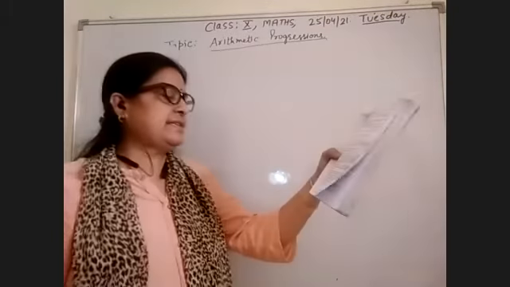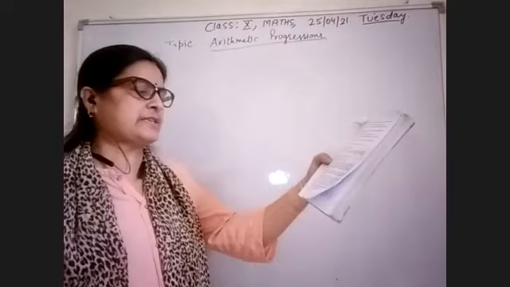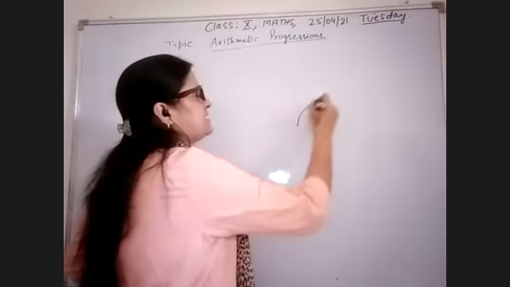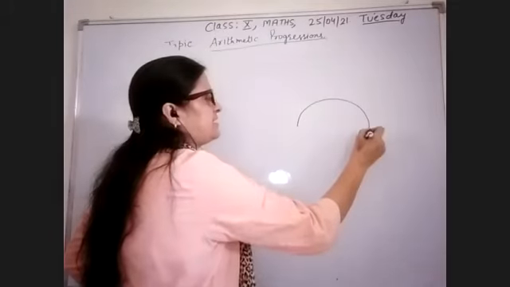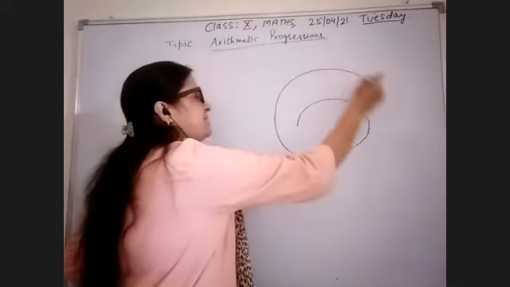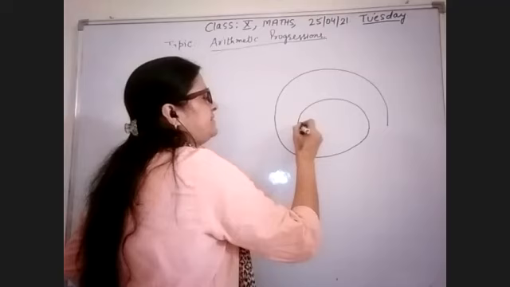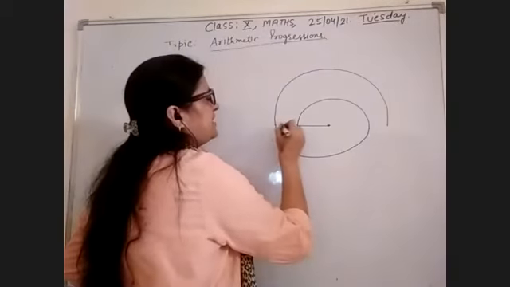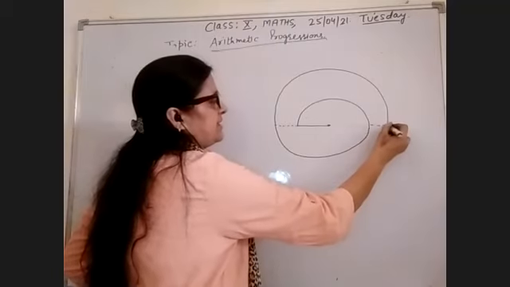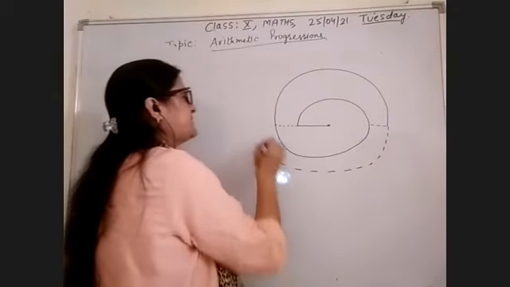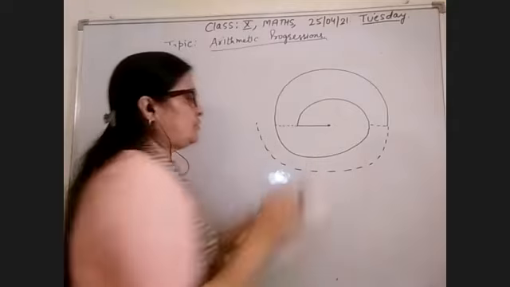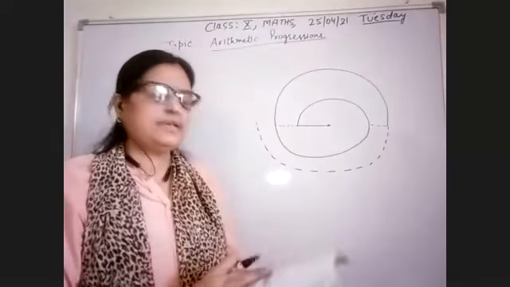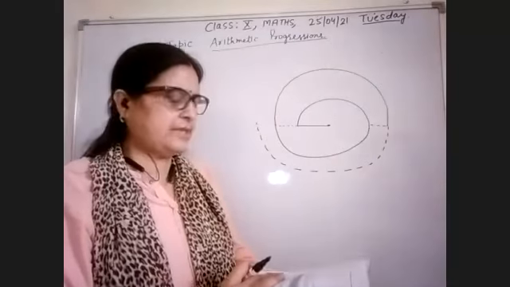The next question is, a spiral is made up of successive semicircles. एक स्पाइरल बना हुआ है, किस तरह से बना हुआ है? जैसे फॉर एग्जांपल इस तरह से एक सेमी सर्कल बना, अगेन फिर इस तरह से एक सेमी सर्कल यहां तक बना, अगेन ये मान लो ये सेंटर था तो पहले ये सेमी सर्कल बना, अगेन फिर यहां से प्रोड्यूस होकर ये एक सेमी सर्कल बनाया है, अगेन यहां से फिर स्टार्ट करके एक सेमी सर्कल। तो इस तरह से एक सेमी सर्कल बना हुआ है, ये आपके पास फिगर में ऑलरेडी आपके पेज नंबर 114 पे ऑलरेडी शोन है,